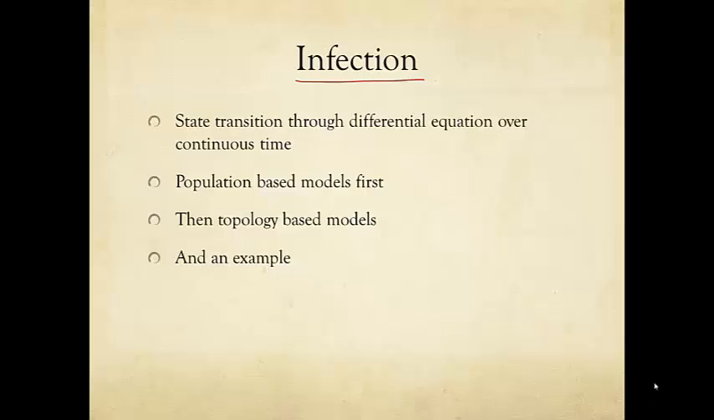Unlike the other models, in our infection models, we'll see state transition across more than two states. It's not just flipping from one to the other state. We're going to see 3 states, for example, and there are variants with even more, 4 or 5 states. And also, instead of looking at discrete time, we look at continuous time through the more convenient mathematical representation of